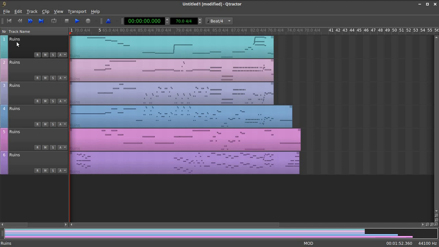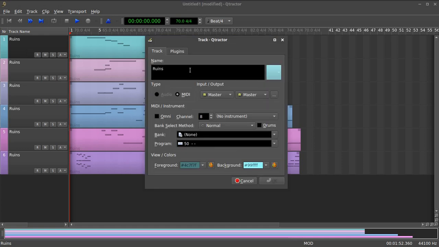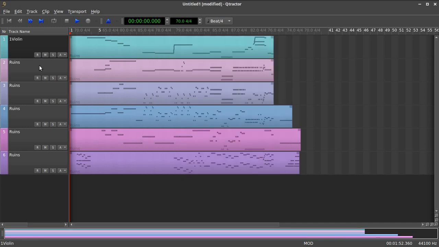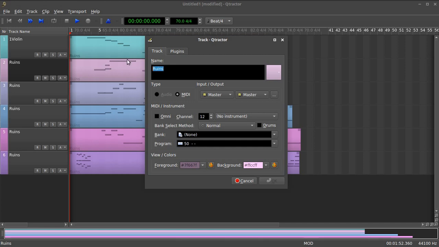You'll also notice here that the way we exported the Midi, the tracks all have the same name. So they're all called ruins, but what we need to do is we need to go back to our score and relate each track by channel from top to bottom in score order. So the way this was is that the top was the violins, first violin, so we'll put one violin. And we'll hit OK. We're actually going to change some other parameters in there too, but we just want to get these labeled correctly. Second violin,